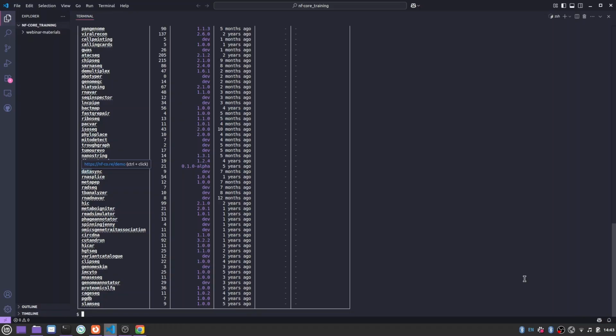So we're going to pull an earlier version, which does work. To pull an NF-core pipeline, we need to use the Nextflow command pull. And again, this is a Nextflow command and not an NF-core command. So we're going to type in nextflow and then pull. And now we're going to type in the name of the pipeline, which in this case is